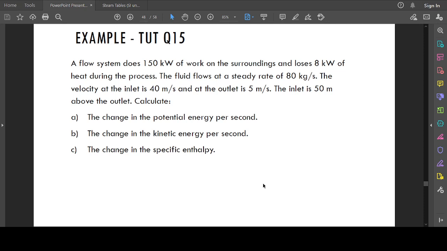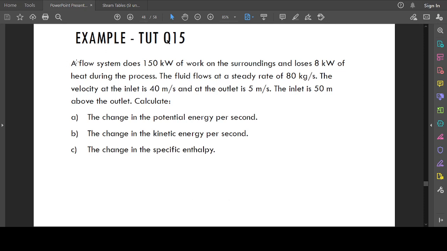So a flow system does 150 kilowatt of work on the surrounding and loses 8 kilowatt of heat during the process. The fluid flows at a steady rate of 8 kilogram per second. The velocity at the inlet is 40 meter per second, and at the outlet is 5 meter per second. The inlet is 50 meter above the outlet. Calculate the change in potential energy per second, the change in kinetic energy per second, and the change in specific